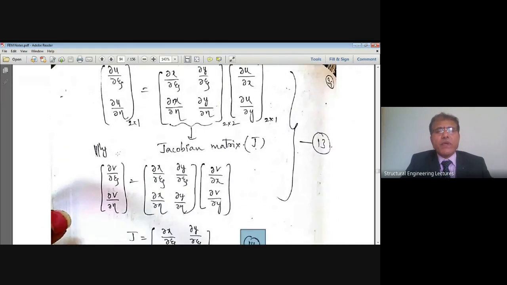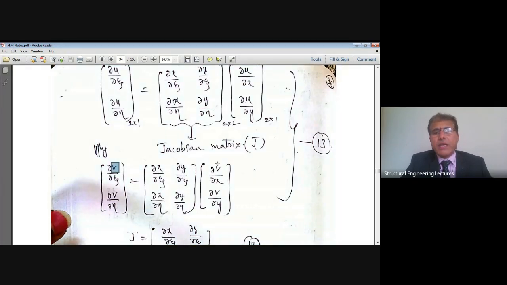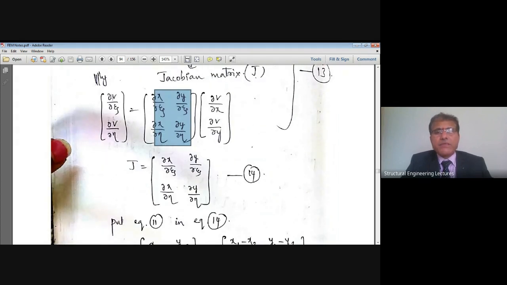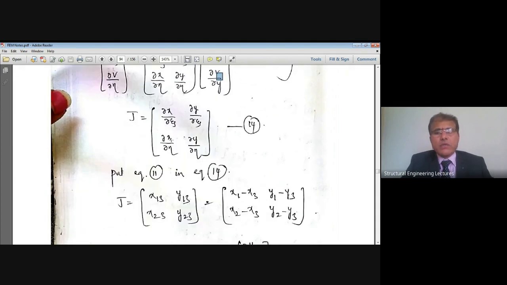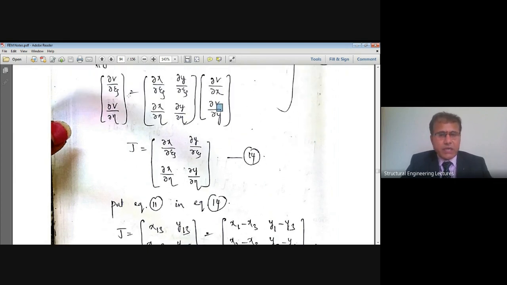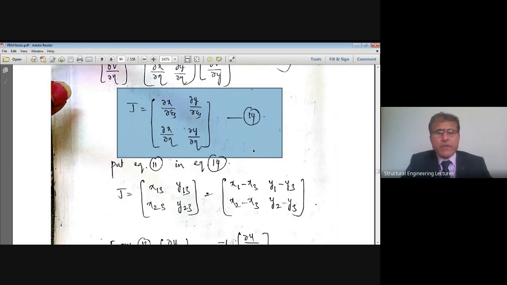Similarly, instead of u, even if I put any function f or v, it won't change. If we are putting here the function f or v, then on the other matrix that will change. Therefore, the Jacobian matrix is not going to change because of that, right? That is all. Even if you put w instead of this, there is no change, right? Dou w by dou x, dou w by dou y. That is how whatever function is there in that first matrix shall also be there in the last matrix, right? Let us say this Jacobian is given by this 14th equation.